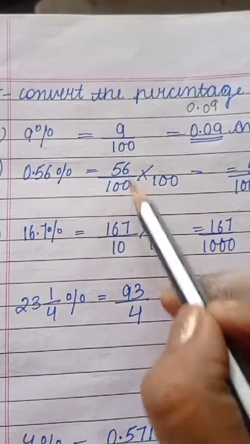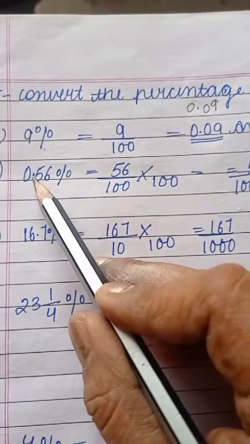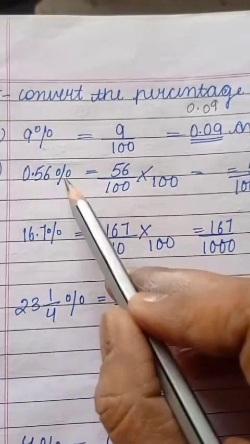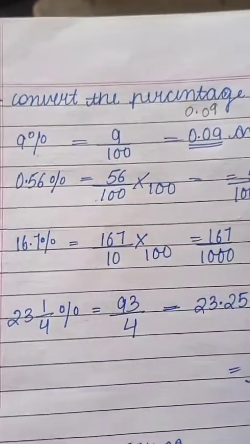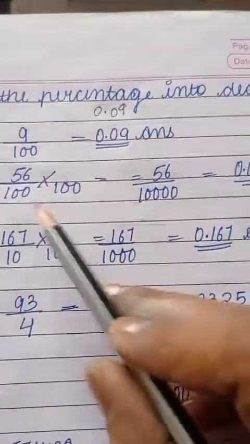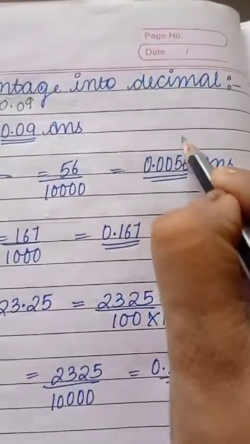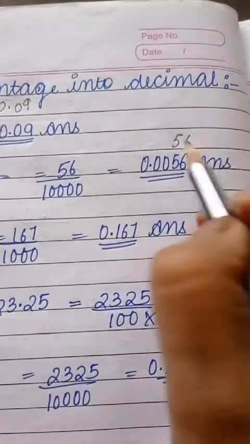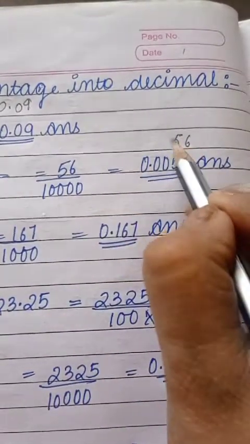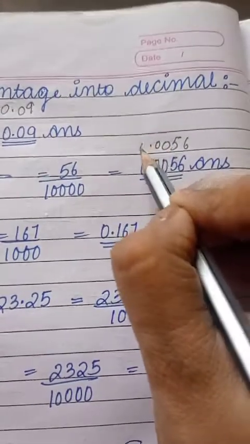0.56% means 56. This 100 after removal of the decimal and this 100 after removal of the percentage. Now you are left with what? 56 upon 4 zeros. Clear? So how to write? Write 56 numerator as it is. Number of zeros are 4. 1, 2, 3 and 4 digits you have to leave. This is your answer. In the same way,